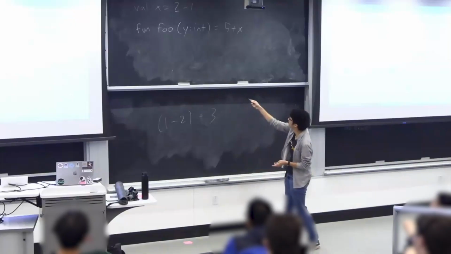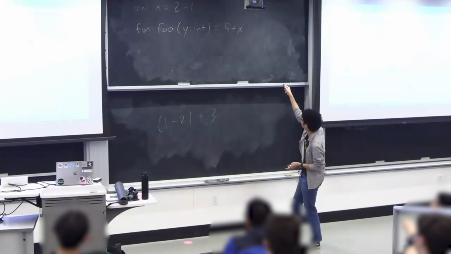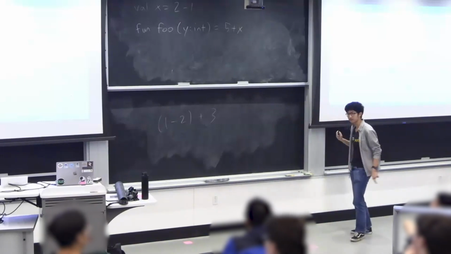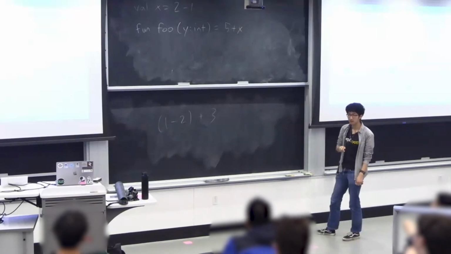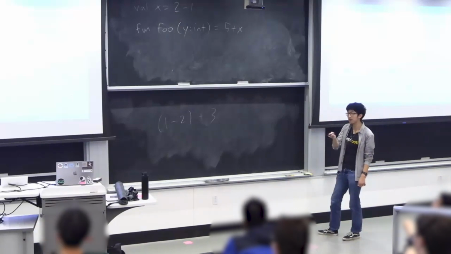But do you see why all these components, foo, y colon int, 5 plus x, are really just subservient to the greater fun declaration? Does everyone see why these are? Yeah. They are. Well, this doesn't even work very well because this is going to be a literal SML value in a second. Like the literal. Okay. Anyways,